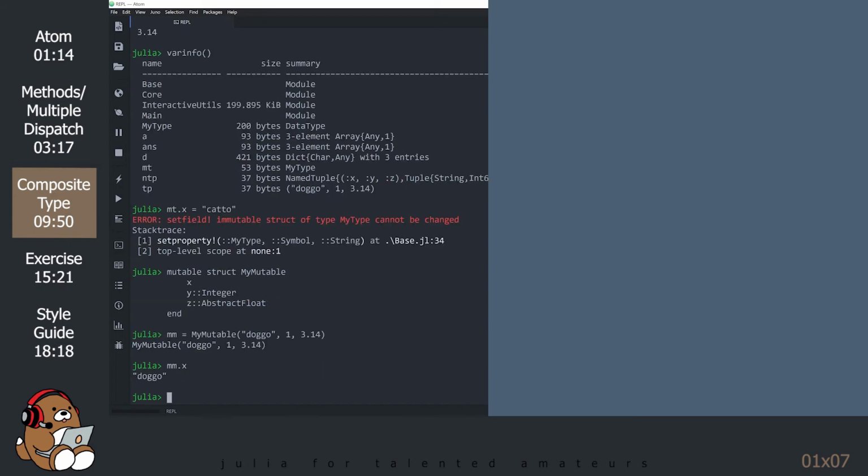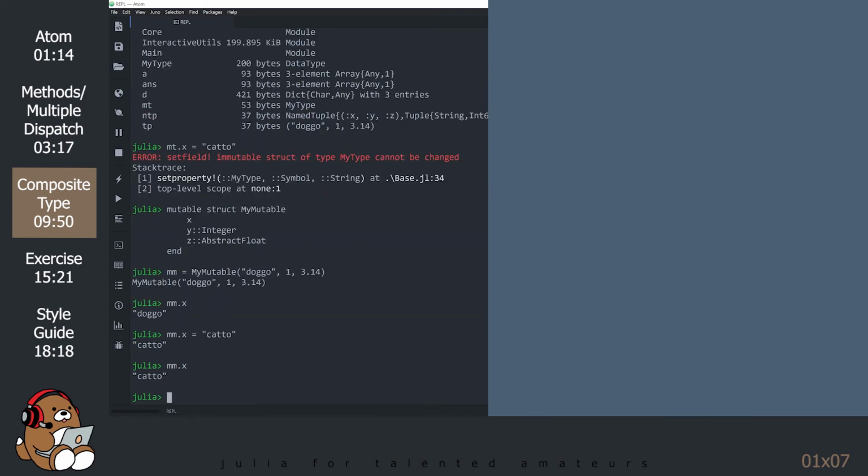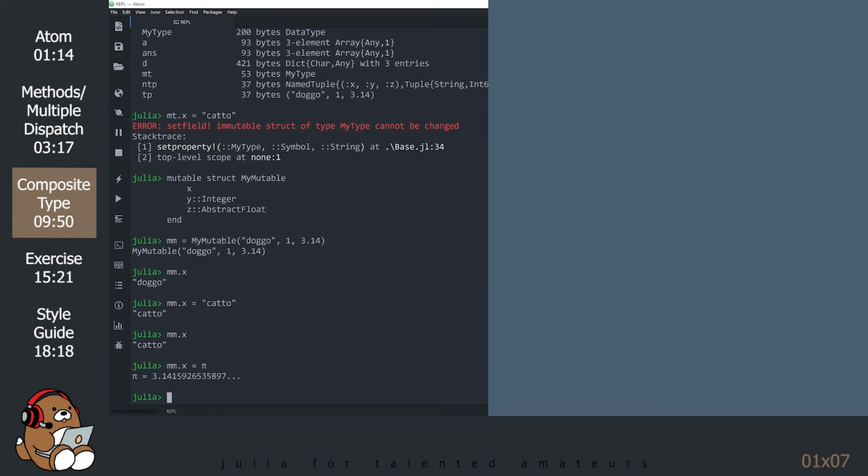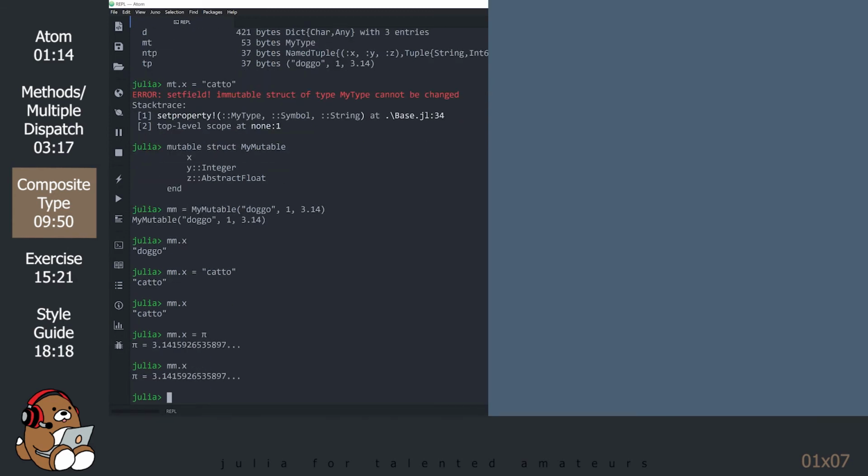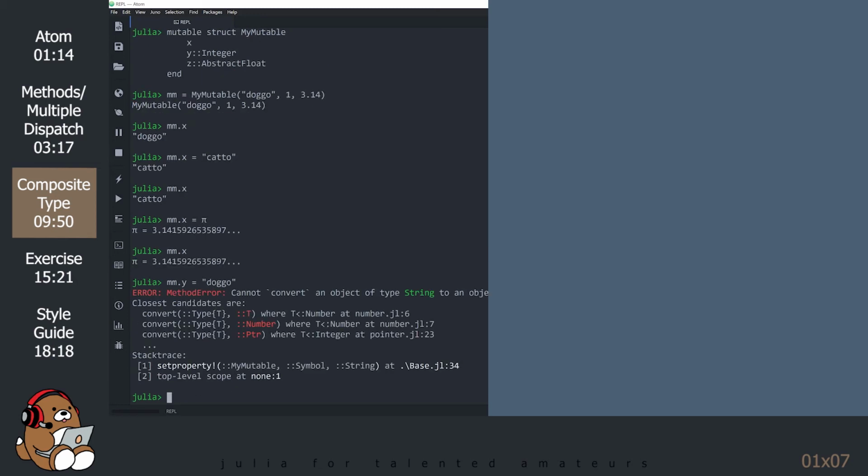Now let's try to make some changes to see if it works. That worked. That worked too. That didn't work, because you asserted that the named field y must be of type integer.